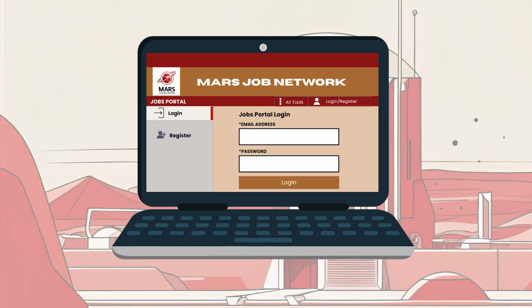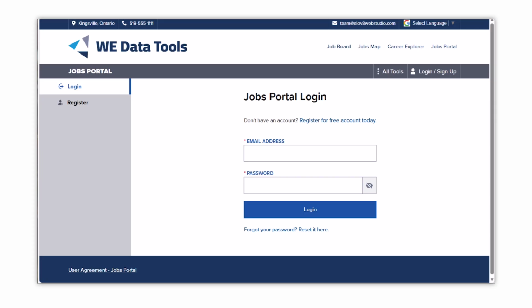Whether you created your own Jobs Portal account through your local Workforce Development Board or Employment Network website, or your employment service provider created it for you, logging in will be the same, as long as you make sure that you're logging into the website associated with your Jobs Portal account. Simply type in the email address associated with your account and the password. If you need to see the password, you can click the Show Password icon. Be careful about making your password visible if you are accessing the portal in a public space.